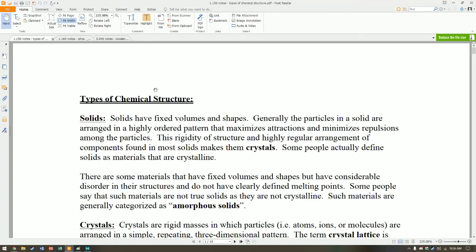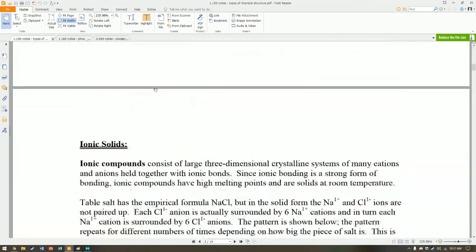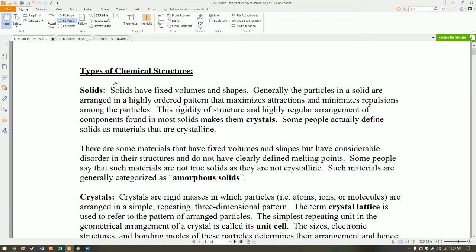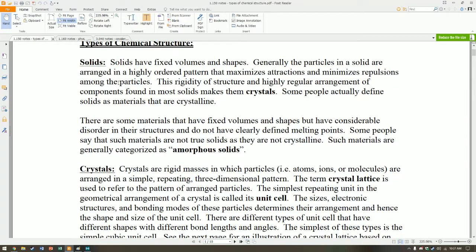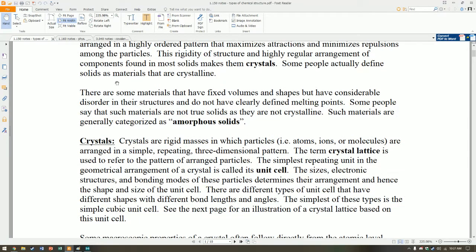Alright guys, so today we're going to focus on different types of chemical structure. So firstly, let's quickly go over a few basic things again just to refresh our memory. Solids have fixed volumes and shapes, and generally the particles in a solid are arranged in a highly ordered pattern that maximizes electrostatic attractions and minimizes repulsion among the particles. This distinct highly ordered pattern is what we call a crystal, and we use a crystal lattice to describe their